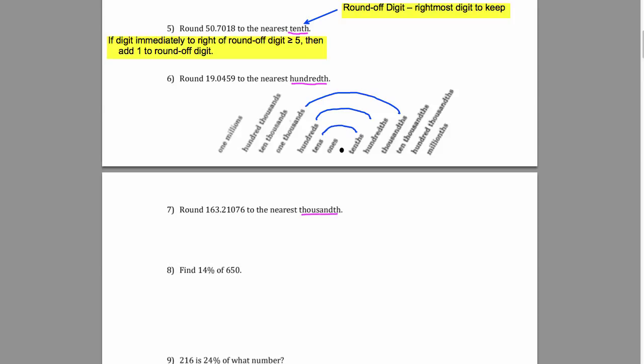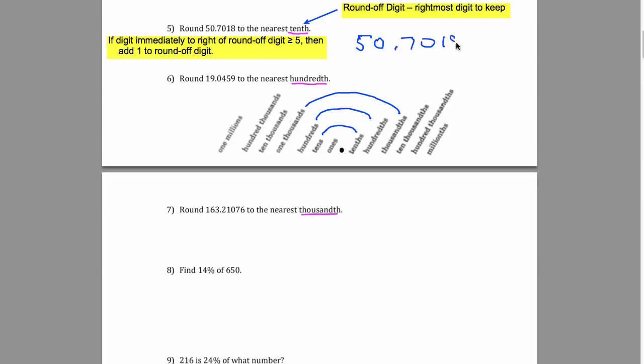Now the way you round is by looking at the digit immediately to the right of the round-off digit. If it's greater than or equal to 5, then you add 1 to the round-off digit. So in problem number 5, we have